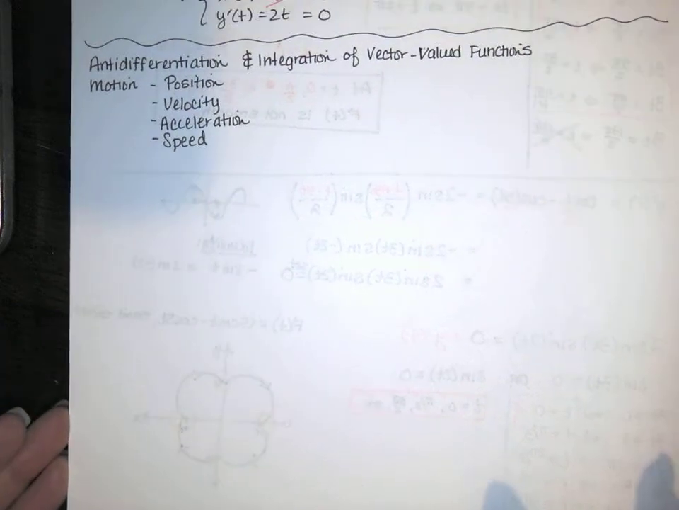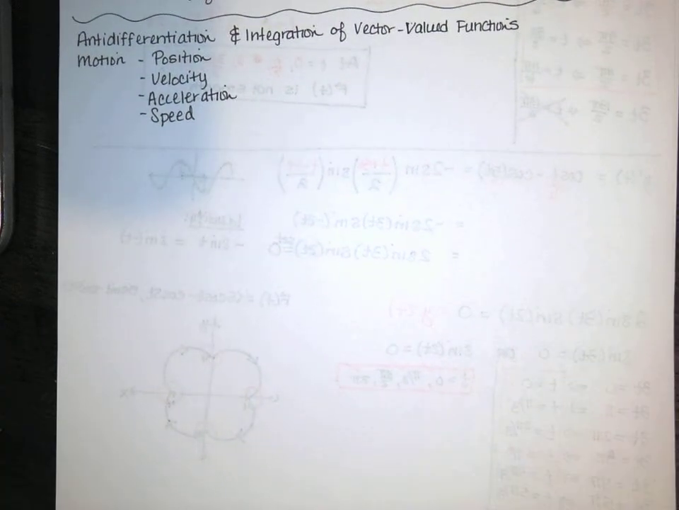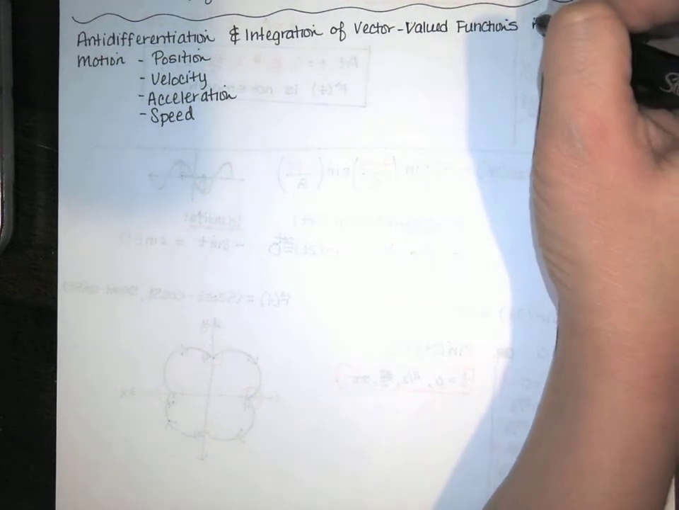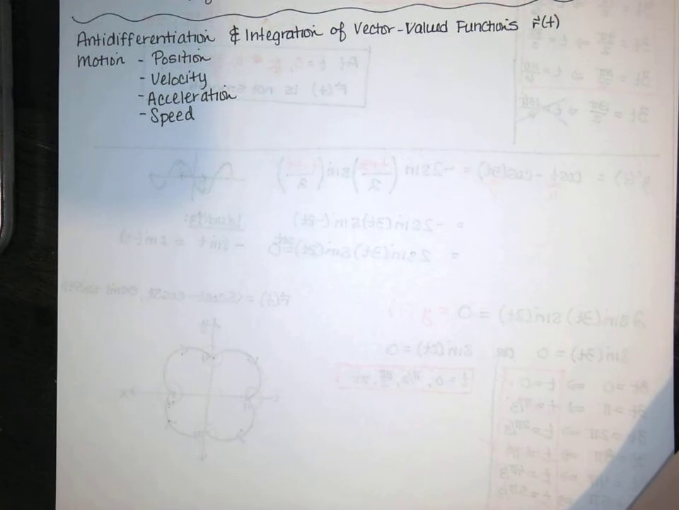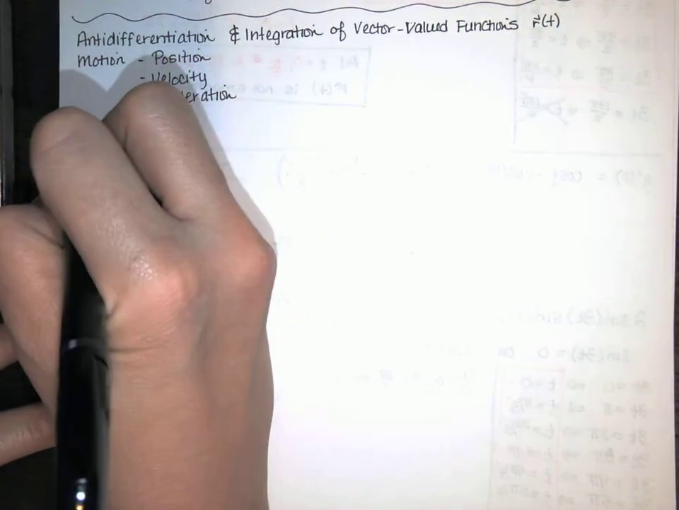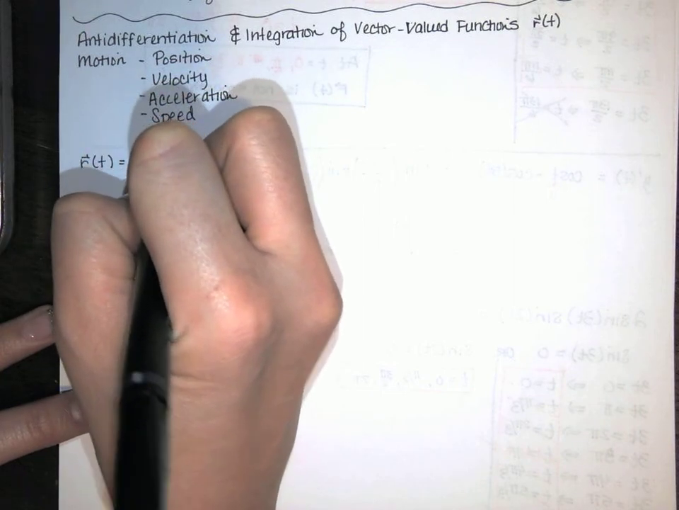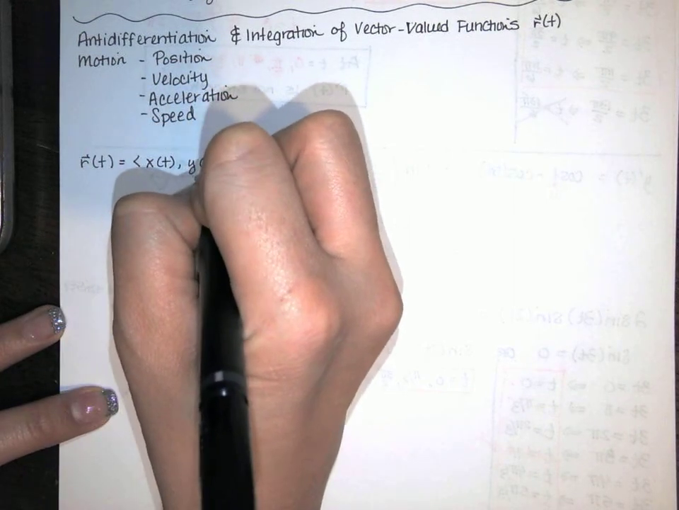This video is about anti-differentiation and integration of vector-valued functions, or just vector functions if you prefer. And we're also going to discuss motion. So our vector functions are given by a parametric representation r of t. Let's say that we are in three-dimensional space. Everything holds in n dimensions, but if we're in 3 dimensions,